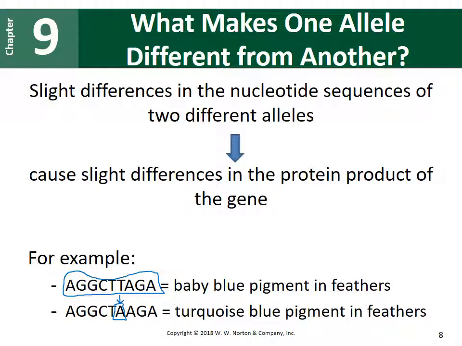So up in the top we had a T, now we have an A, G, A. This is going to create a slightly different blue pigment, so we'd have turquoise blue pigment in feathers. So these very tiny little differences in those nucleotide sequences of the A's, the T's, the G's, and the C's, how many there are, how they're ordered, that will cause different protein products, which will cause different phenotypes or those traits or characteristics. So now that we understand that these genes or these nucleotide sequences code for different phenotypes, we